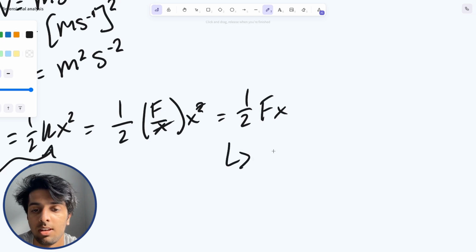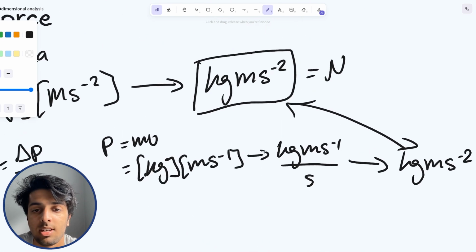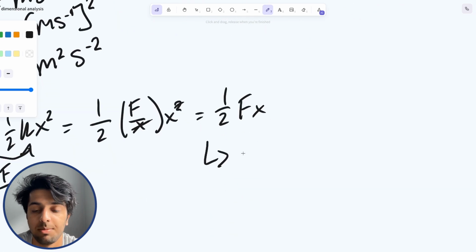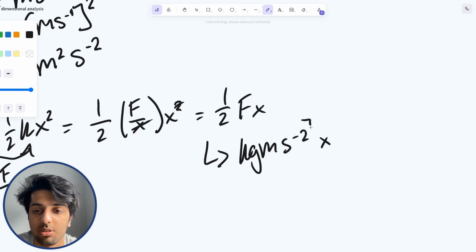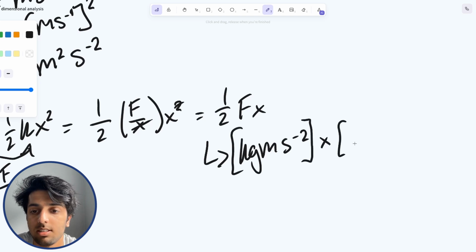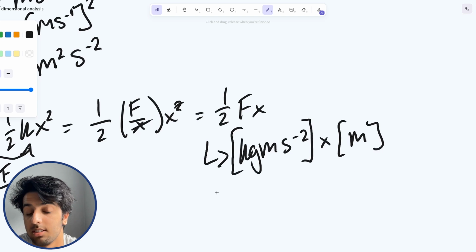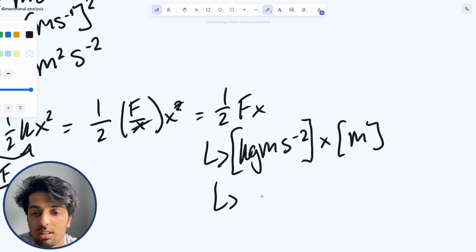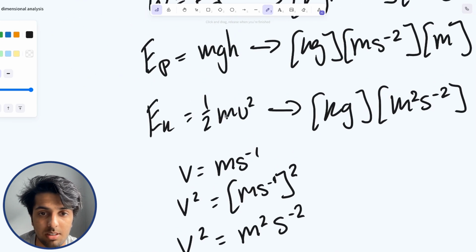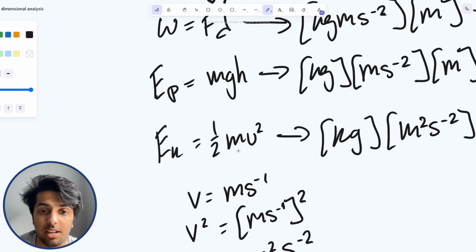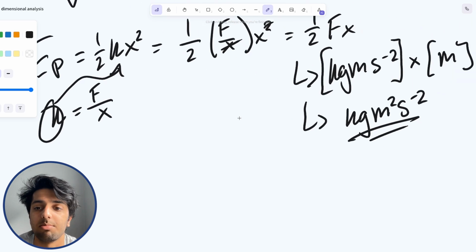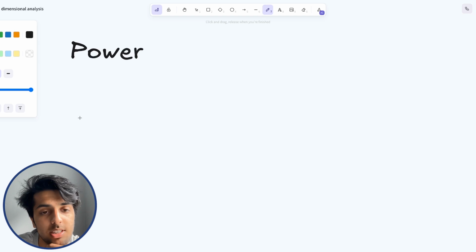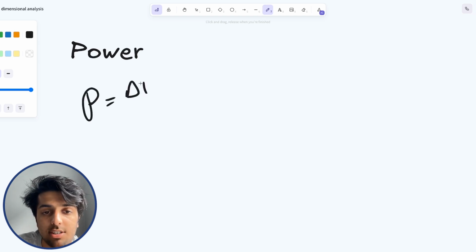So we get force, which we know is kg meters per second squared, right? So we get kg meters per second squared, do the square brackets like we've always been doing, multiplied by x, which is distance, and again we get kg meters squared per second squared. So even when the formula doesn't quite look like the other energy formulas, we still end up with the same result dimensionally. So moving on to power now, we can say that power is equal to the change in energy